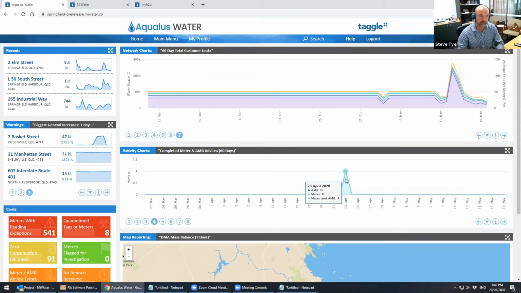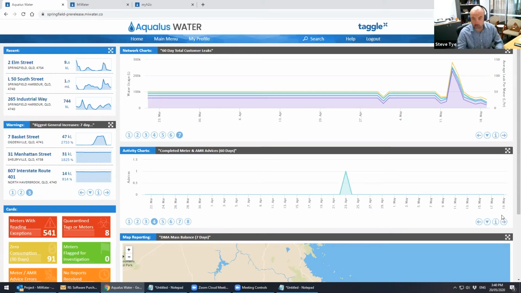Now the next, and you might also be doing that, sorry, through your customer, through the Aqualus Water mobile application, or the My Water mobile application, which is, I guess we would say, the best way to do your rollout and your maintenance of your smart meters, especially since it's free as part of the Aqualus Water product. But